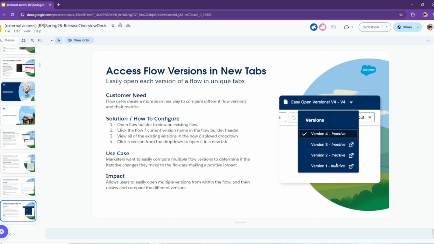So now you can access flow versions in the new tabs. This is a major update. If you have built a flow ever, you know how aggravating it is to not be able to switch back to a previous version of a flow. Oh my gosh, this is so needed, especially when you have a flow that's 20 versions,